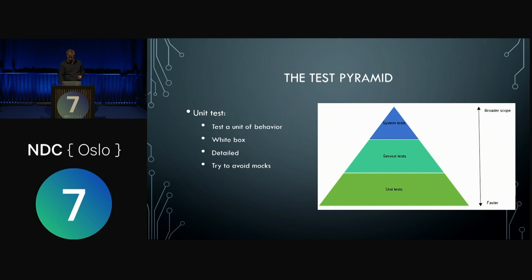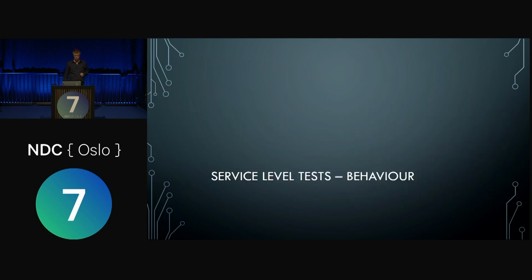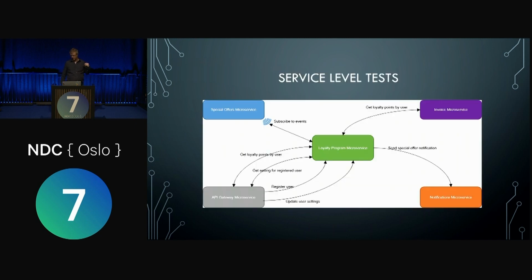So, on to these service level tests again. And let's look a little bit more at it. So back to the example with the loyalty program, and we're now back to the state where we haven't done the further breakdown of the loyalty program. We just see it as one loyalty program. The company has decided we need a loyalty program. So for now it's one thing, and then we might discover that it's more than one thing as we go.